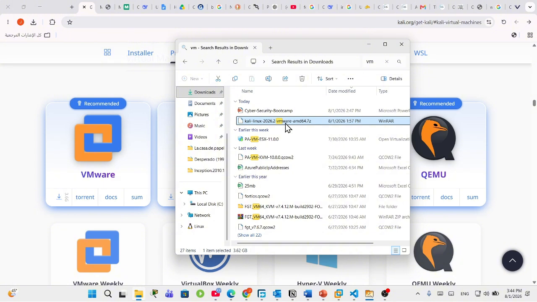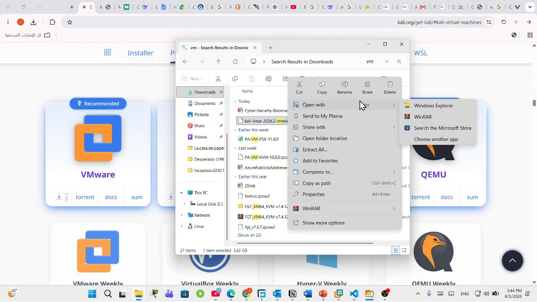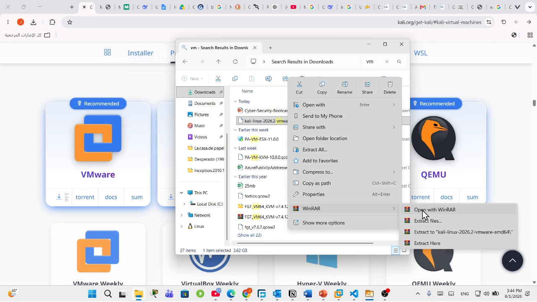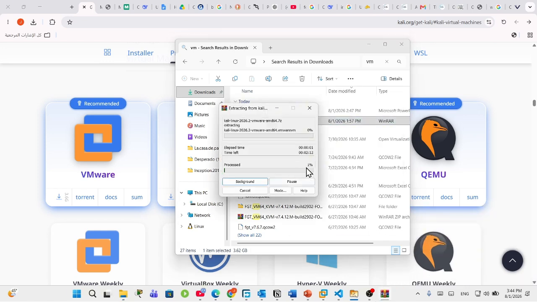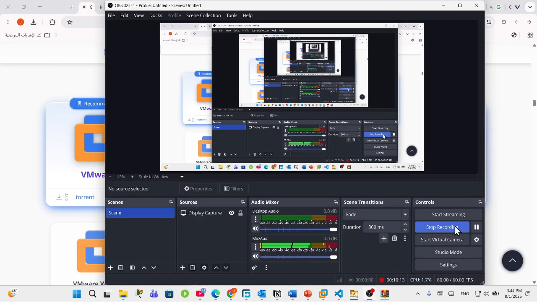Okay, once it's downloaded, you have to extract it actually. Extract here. Okay, just give it some time until it's extracted. Let me pause the video because it's going to take